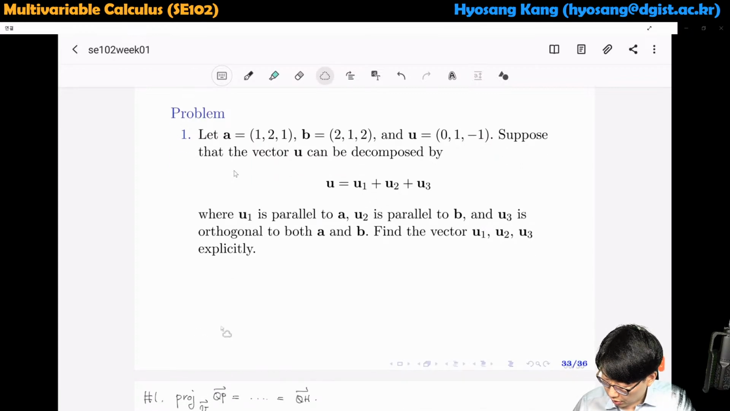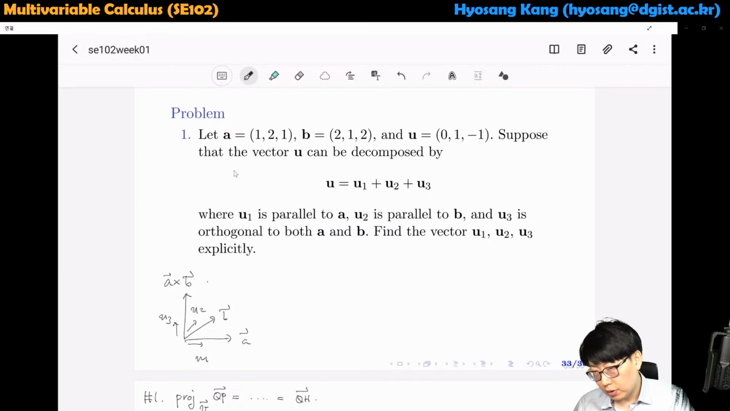So what we are talking about is here we have a and b on some plane, and here is the orthogonal vector a cross b, and I want to decompose my u to be following these directions. So u1, u2, and u3. So first of all, instead of taking projection on u1, u2, or a or b, we have to take a projection onto u3 because we have a plane